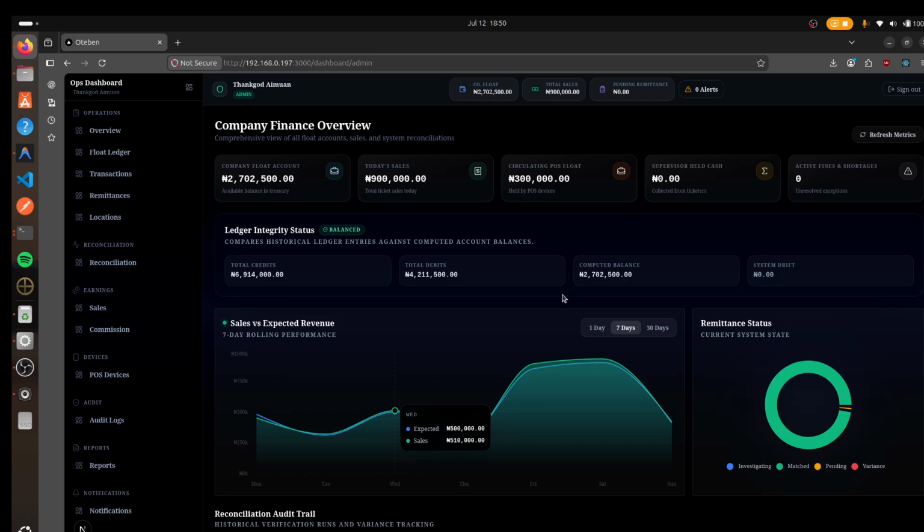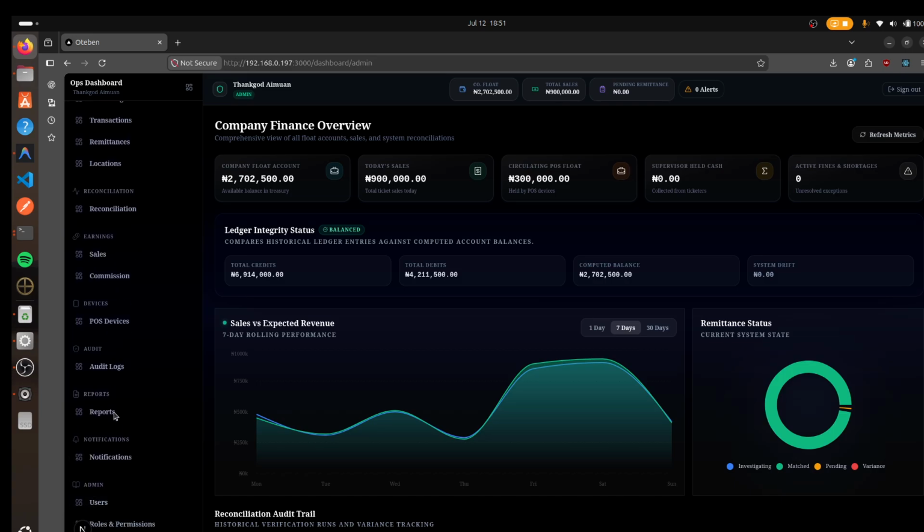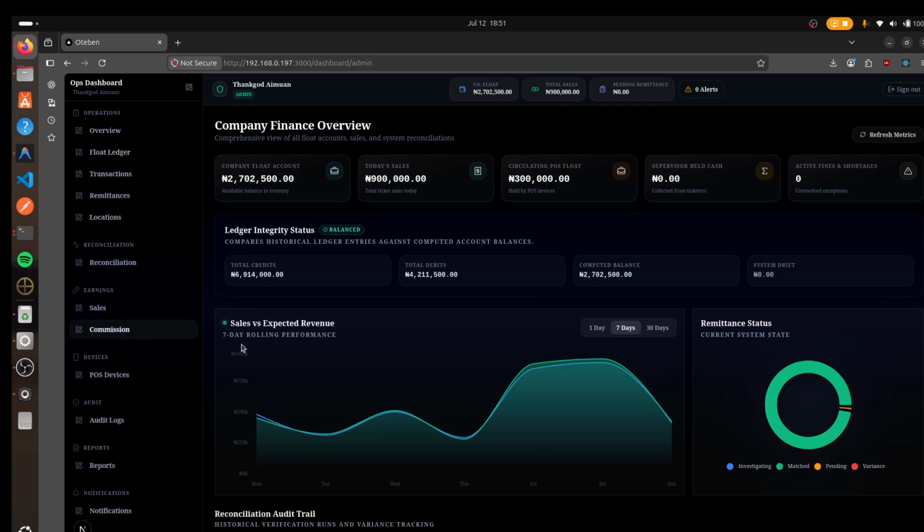I'll be going through how this system actually helps the admin, the supervisor, and then the ticketer in the company, because this is a very big system and I can't go through what each of these pages does, because it's just too big. But I'll actually explain the vital ones, which mostly affect the admin, which is which POS top up went to,